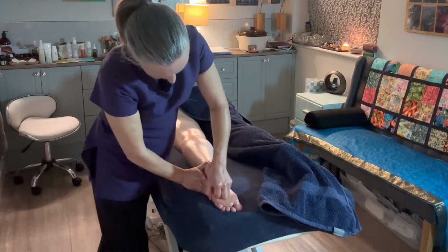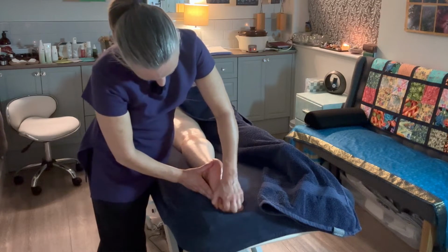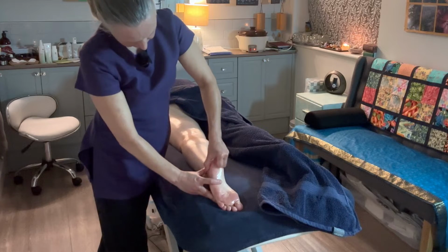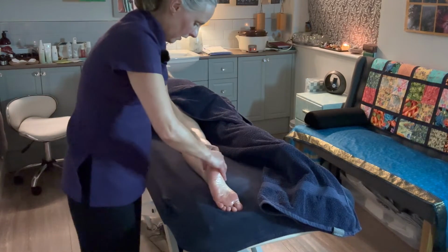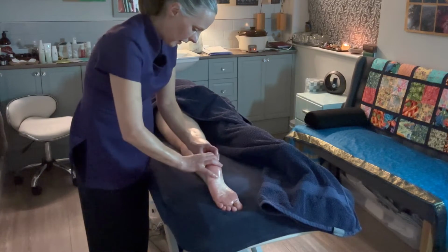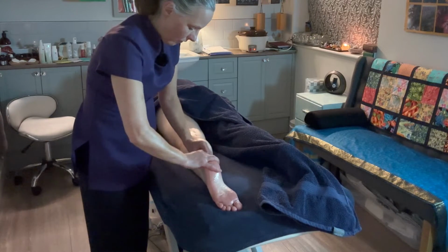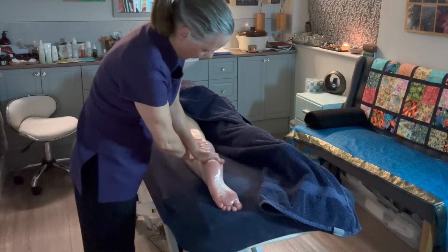So, knuckling round the sole of the foot. It's feeling a little chilly at the moment at the extremity, but soon warming up. And feeling into the Achilles, bending it each way to check out the health, the softness, and then strongly up the back of the calf,